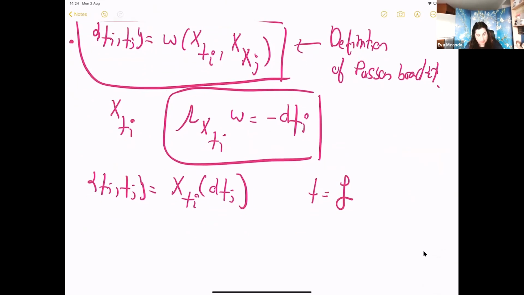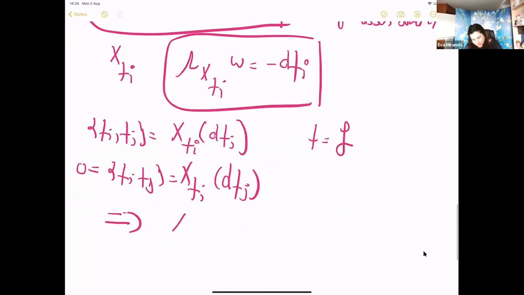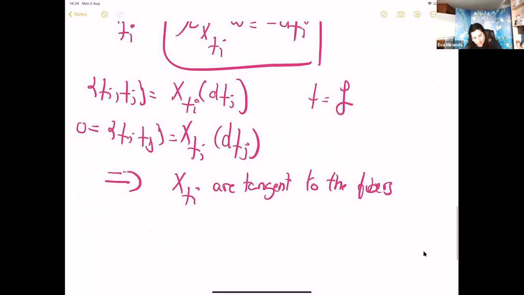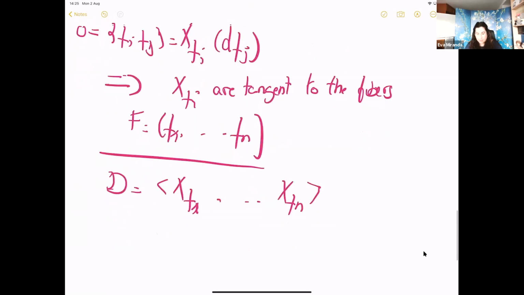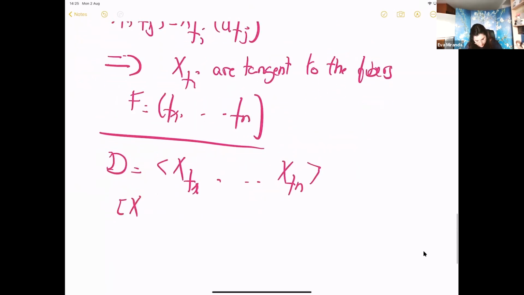They are related to the condition of integrability. When we impose that this is equal to 0, what we are saying is that the Hamiltonian vector fields are tangent to the fibers defined by taking the set of first integrals. And that's a non-trivial thing, because once we have these first integrals, we can consider this fibration, but we could also do something that is standard in foliation theory, which is to consider the set of Hamiltonian vector fields as a distribution. And this distribution, indeed,